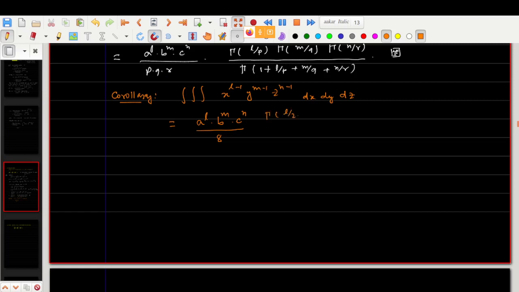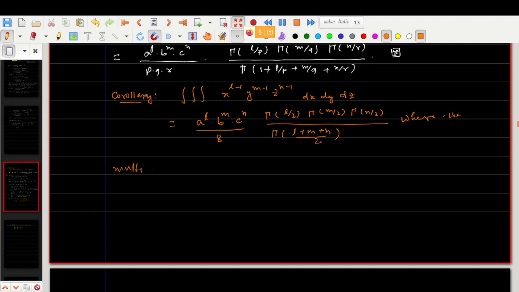Gamma of l/2, gamma of m/2, gamma of n/2, over gamma of (l+m+n)/2 plus 1, where this is the main thing, where the multiple integral